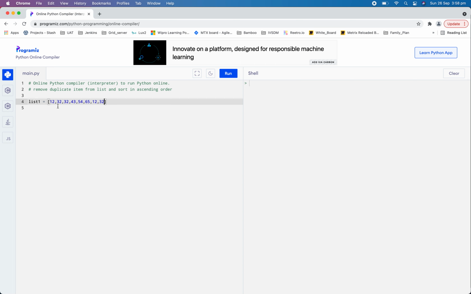One is 12, another one is 32. I think 32 is there 3 times. So the output I'm expecting is a list in which there should be no duplicate items and it should be sorted into ascending order.